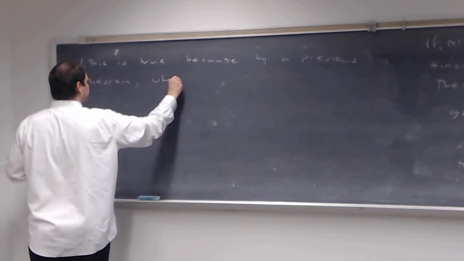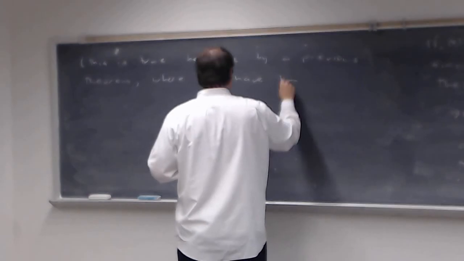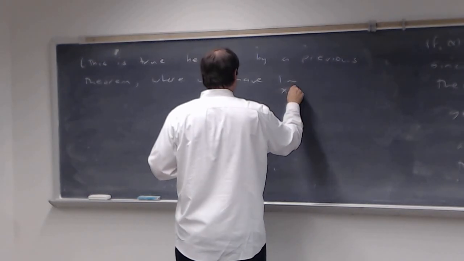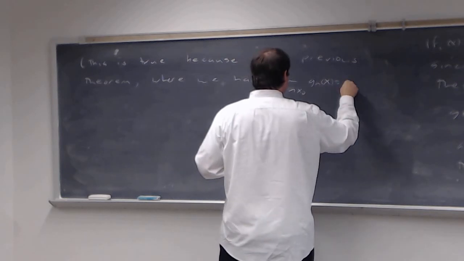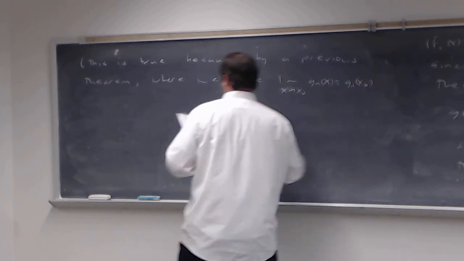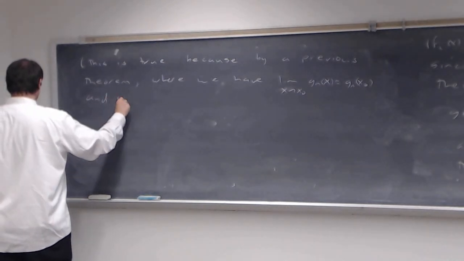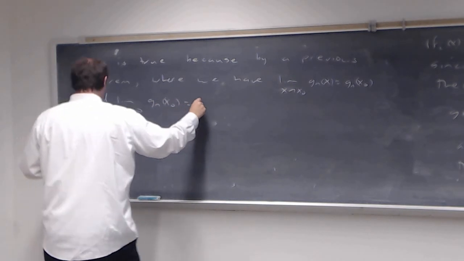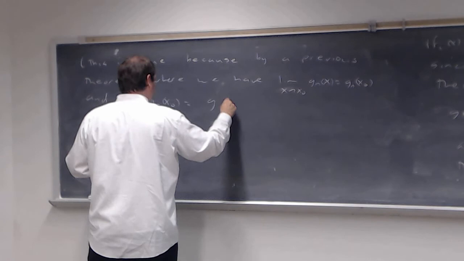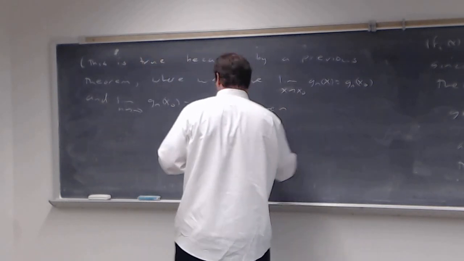where we have the limit as x goes to x naught of g sub n of x equaling g sub n of x naught. That's true because of continuity of g sub n at x naught. And the limit as n goes to infinity of g sub n x naught is equal to g of x naught. Then the limit, I'll write it down here,